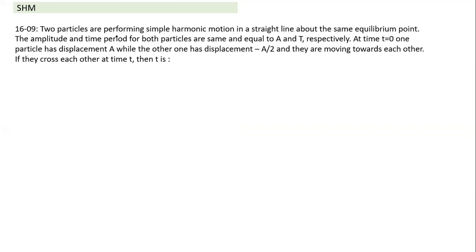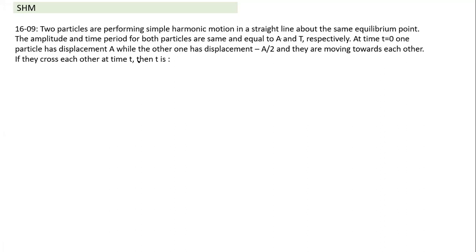Next question, because I have taken quite a few questions which are from recent Mains. Two particles are performing simple harmonic motion on a straight line about the same equilibrium position, and amplitude and time period both are the same. Both have the same amplitude and the same time period, but why are they not at the same point? They did not start at the same time. There is some kind of phase difference between the two. Had the phase been the same, the two particles would have been in the same position at all instants of time.